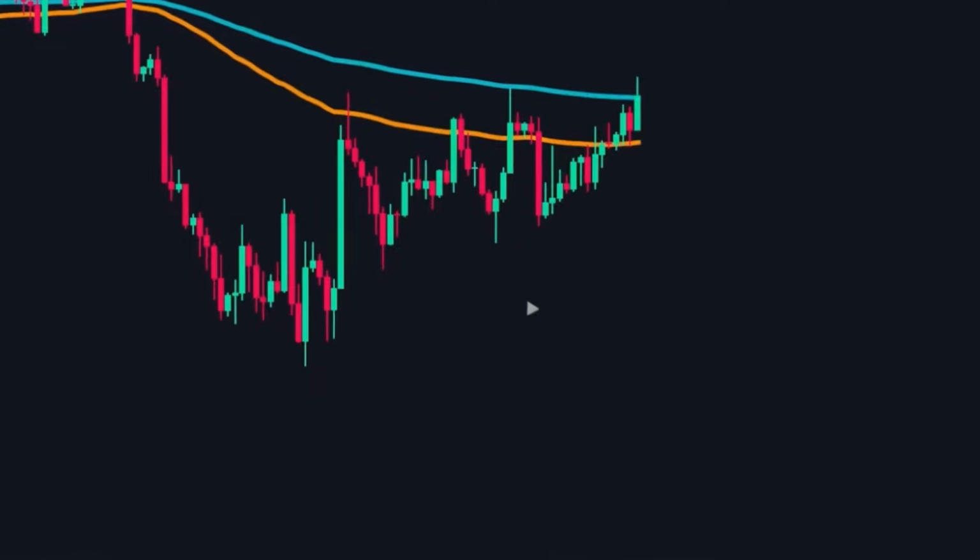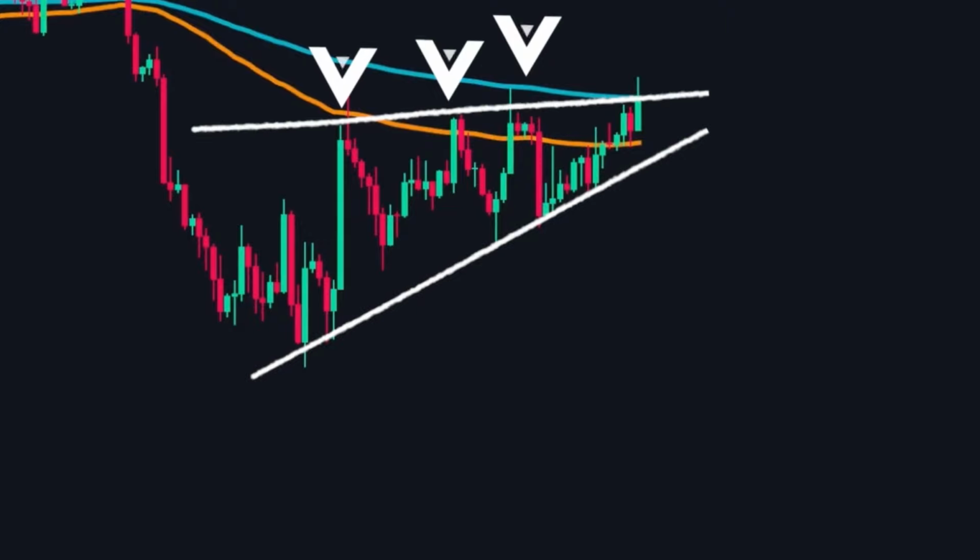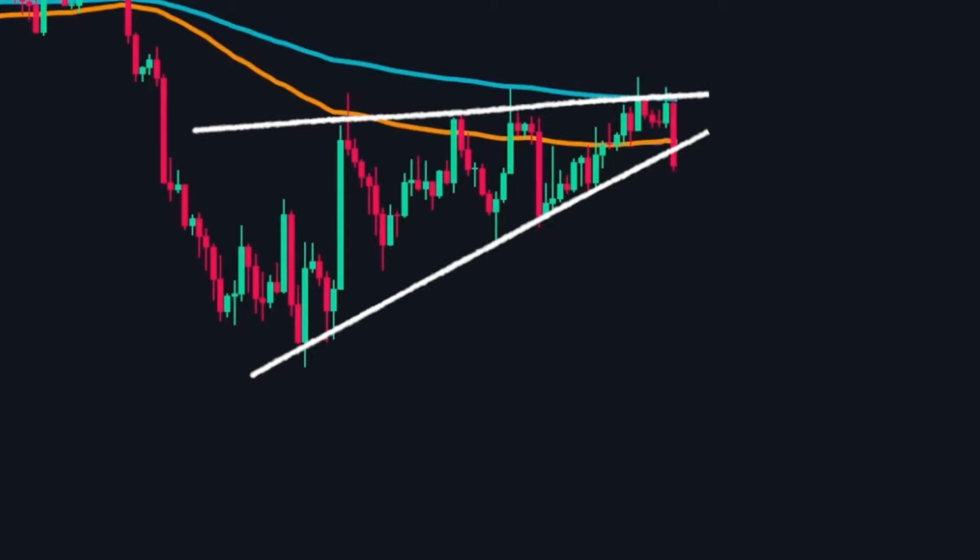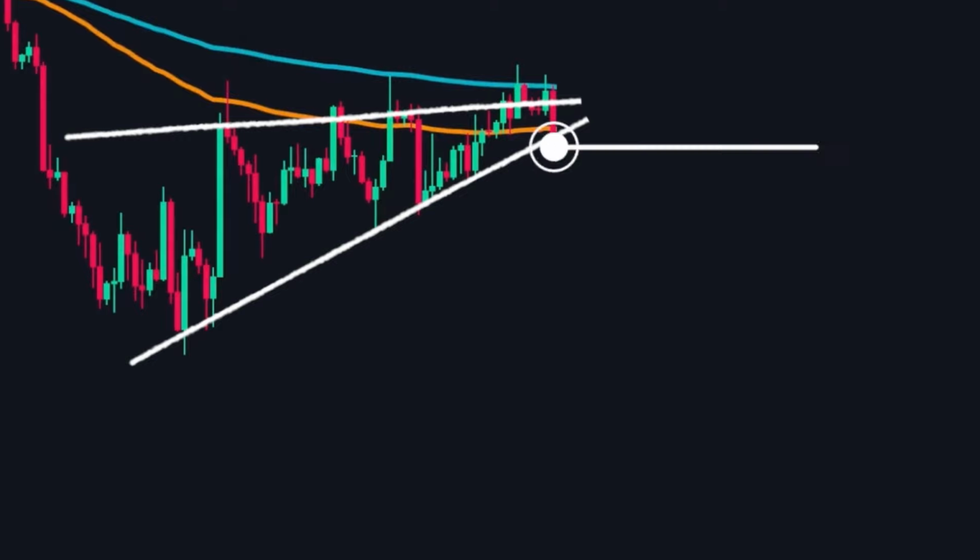Here, the price pulls back, forming a consolidation pattern. We create the lower border by linking the lows and the upper boundary by connecting the highs of this pattern. We then wait for the price to drop below the lower barrier before entering. In this scenario, a massive red candle with a strong closure breaks the lower boundary, triggering a sell trade at